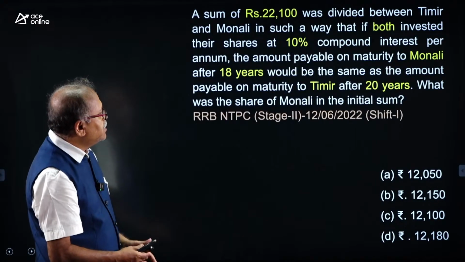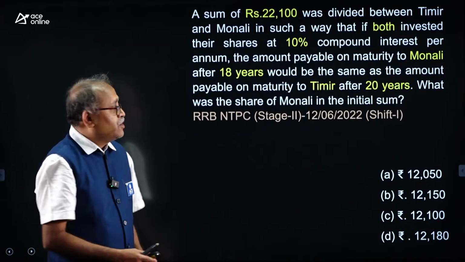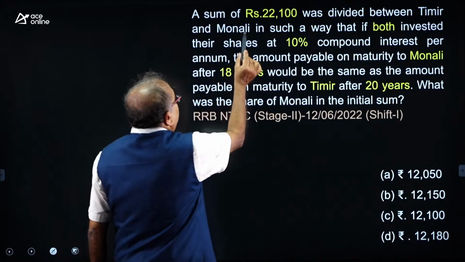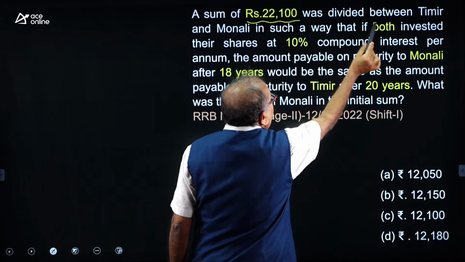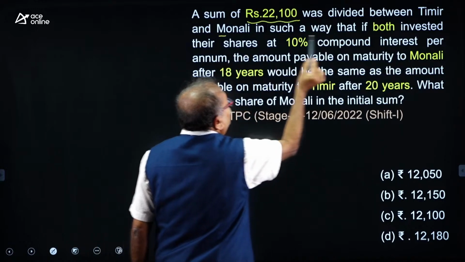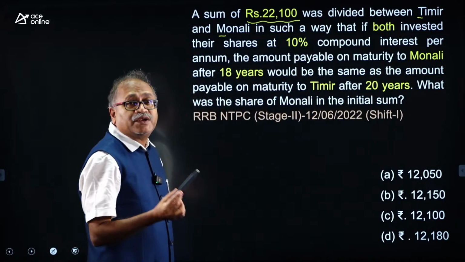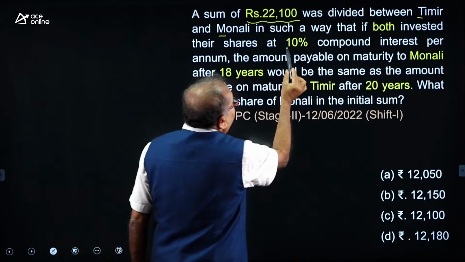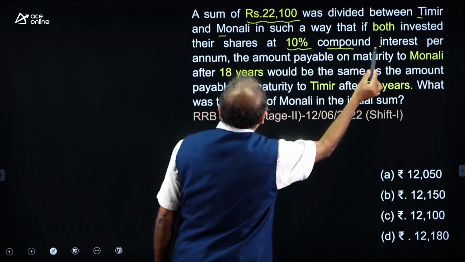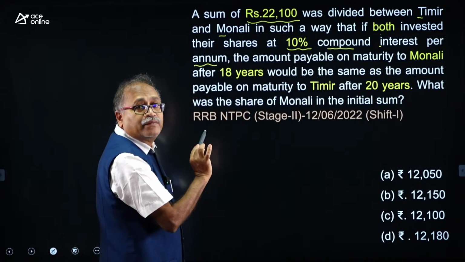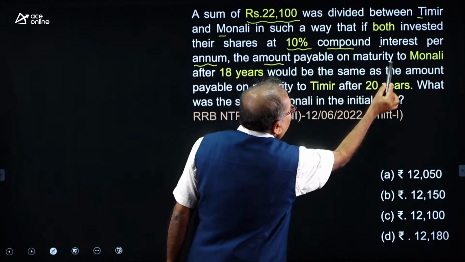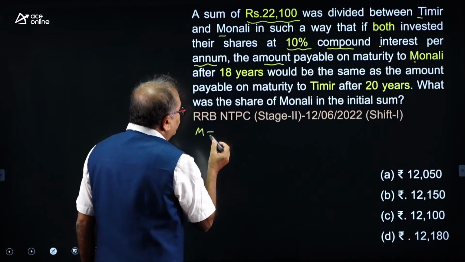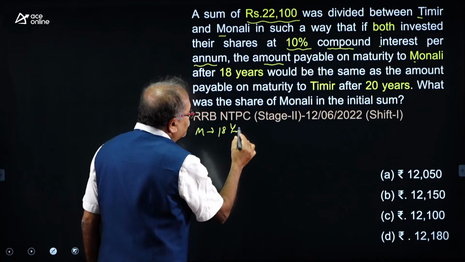Moving on to the next question here, and which is this. What is this question? Wherever it is possible, we will change the approach. Here a sum of rupees 22,100 was divided between T and M in such a way that both invest their share at 10% compound interest per annum. Understanding that the amount payable on maturity to M after 18 years,